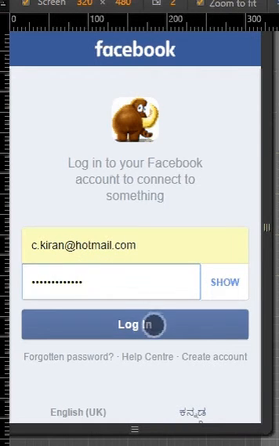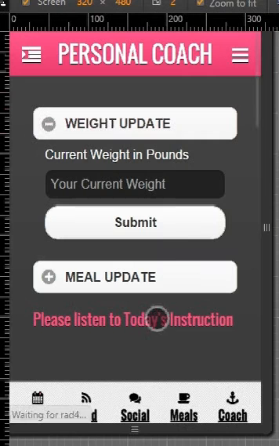Now I say login. Now once I log in, it directly takes me to the personal coach page. This can be configured as well, so I don't have to remember my username and password, since the email address that I have provided in Facebook is same as here on RAD4U mobile site. I think it will let me log in without remembering my username and password. So this is the important feature that we have introduced in this system.